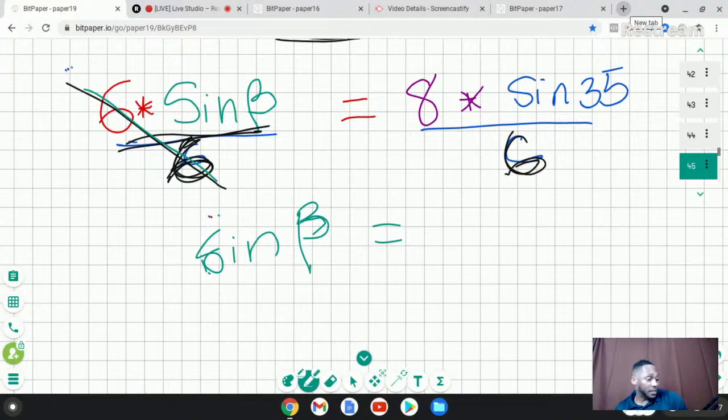Let me see if they have sine. Actually, I have it. Oh, there you go. My calculator is here. All right, so I do 8 sine, and the first thing you need to do here